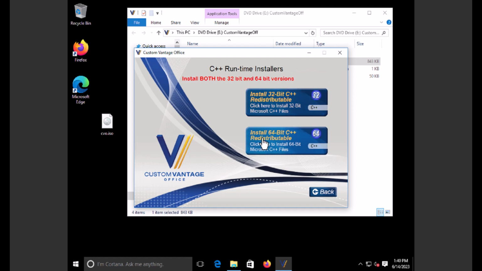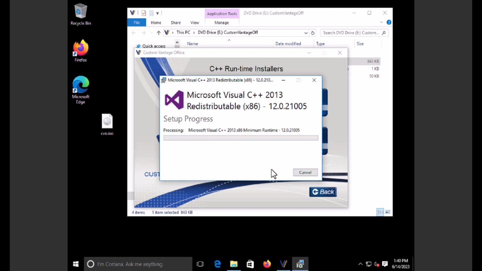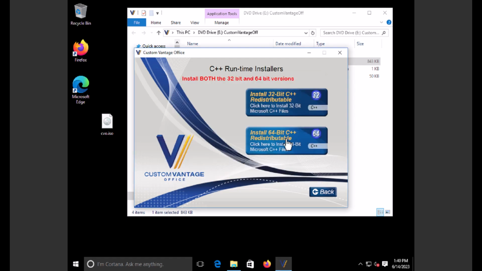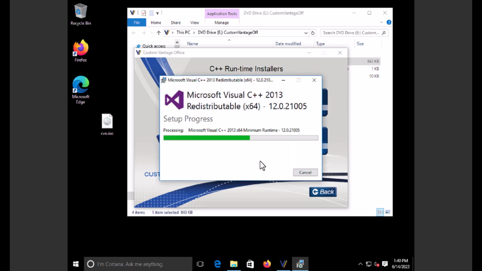Chances are you're on a 64-bit computer, but in the case of this runtime, you must install both the 32-bit version and the 64-bit version. So we'll start with the 32-bit version. We click the button, agree, and install. This is a very fast install, only takes a moment, and you can see that it's done. Now I'm going to do the same thing with the 64-bit version. Again, I'm going to acknowledge or accept and click the install. That's all there is to it for the